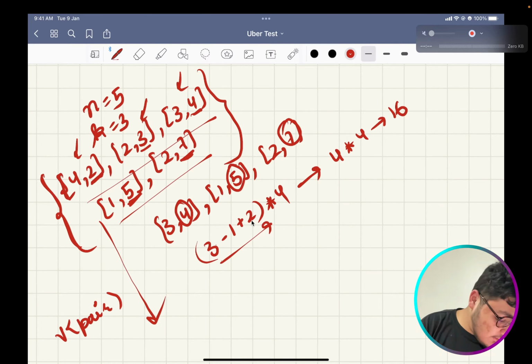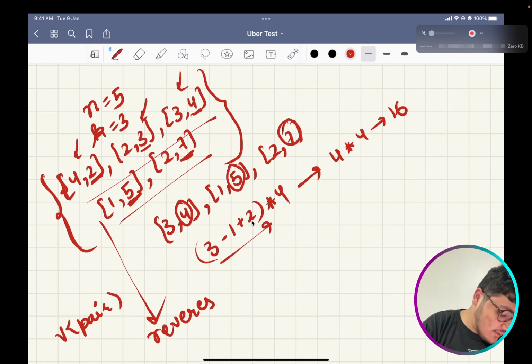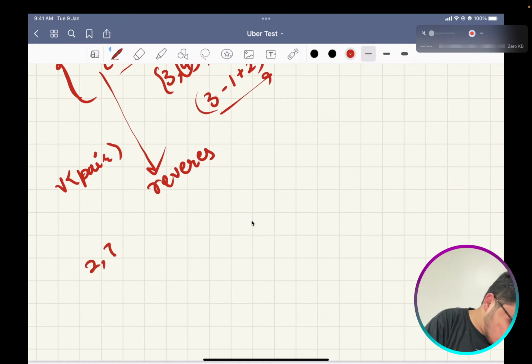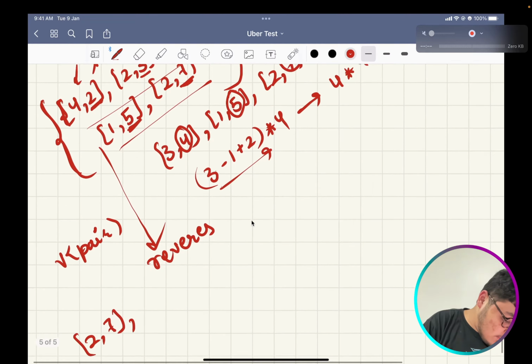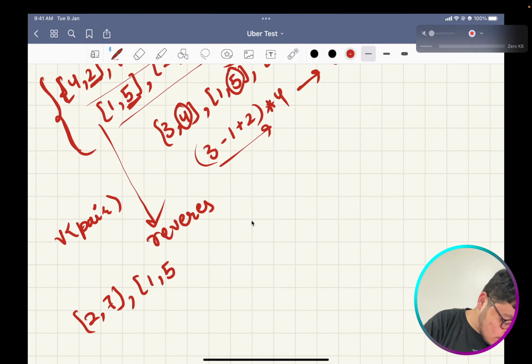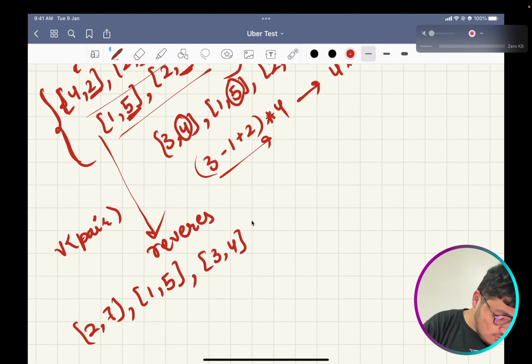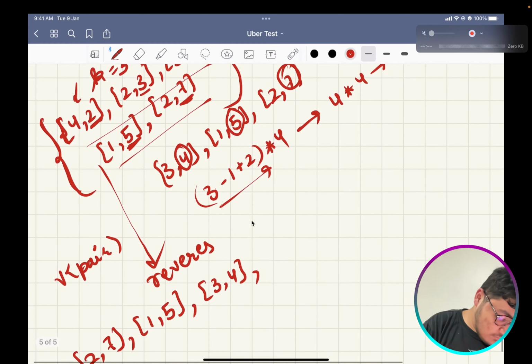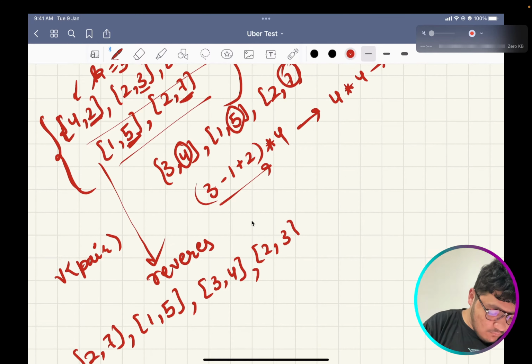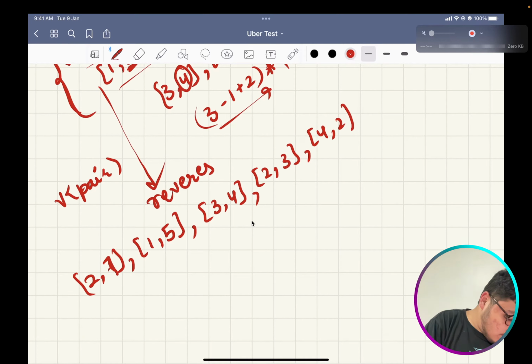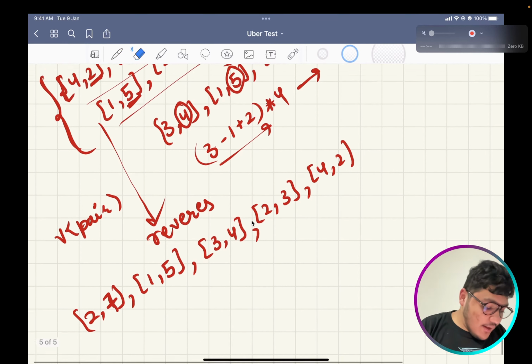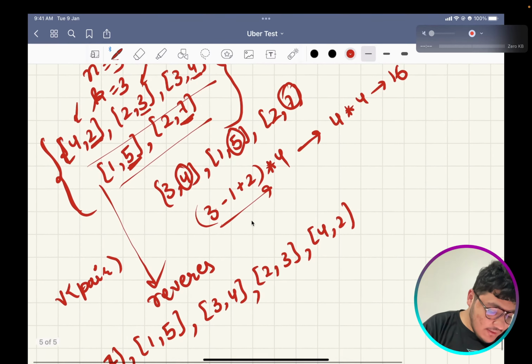So it means I will be reverse sorting it. So your new arranged pairs would look like this. These values would look like this. And now you would be selecting.